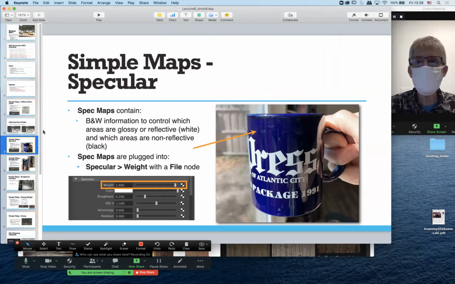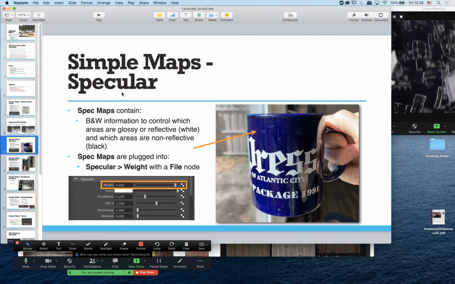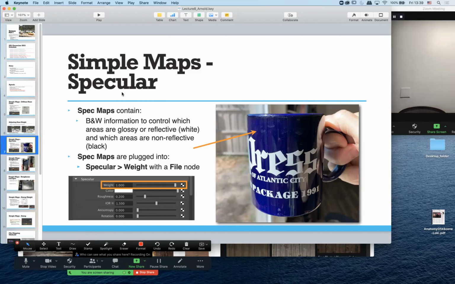All right, so let's talk about another simple map. This is a specular map. Specular maps allow you to control more than one level of reflectivity on an object at a time. So here on this mug,